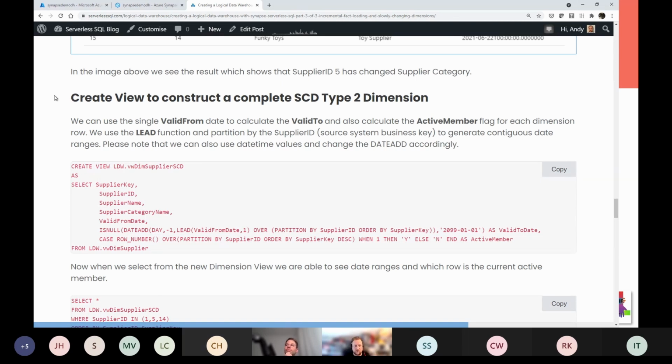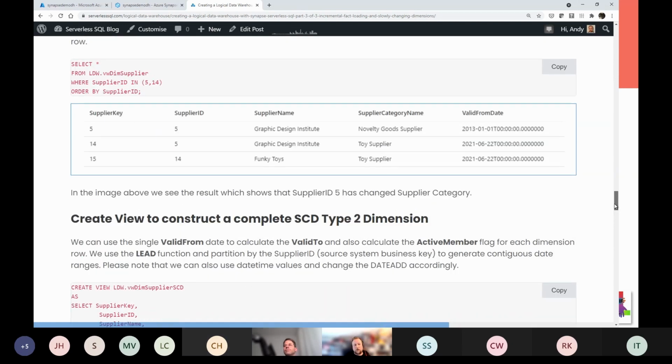Now, bearing in mind this really was seat of the pants. Should we really do this? Can we really do this? Well, you can, maybe for some simple dimensions if you had telemetry data or event data. If we're lucky enough in our source system that we do have some kind of valid from date, i.e., some last updated field in our source data, we can use that as our valid from date. If we don't have anything available, then we might just have to use the date the process was run. However,